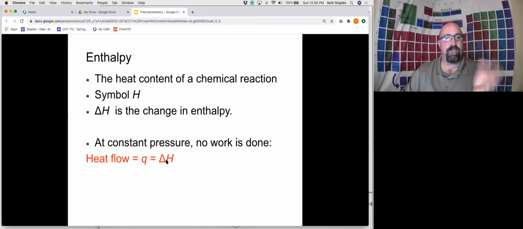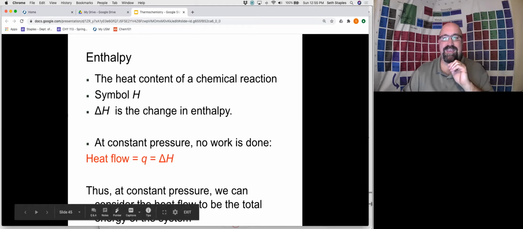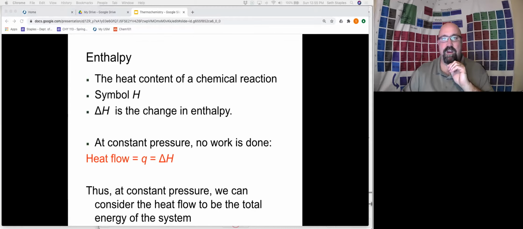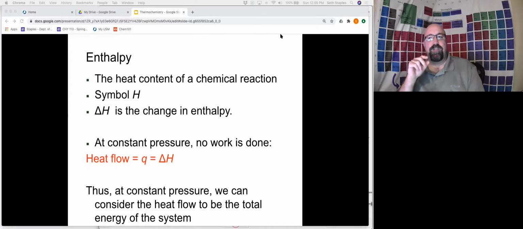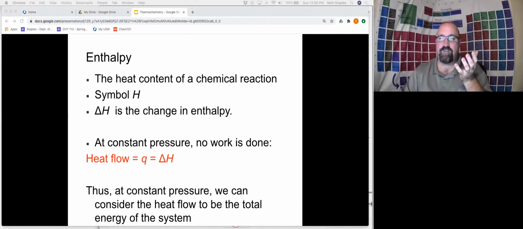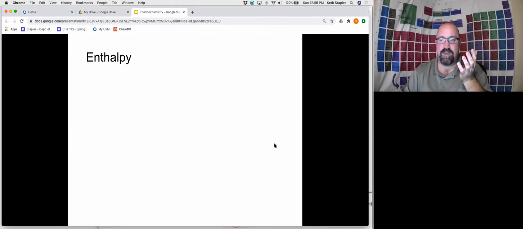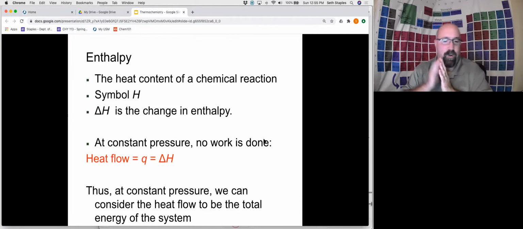Now it turns out that at constant pressure, no work is going to be done, which means that the heat flow, our Q, our delta H, can be considered at a constant pressure. This heat flow can be considered to be the total energy of the system. And so here's where we're going to tie it in. Ultimately, all that's going to mean for us is that when we are looking at energy of our chemical systems, we are assuming, for most everything that we do, constant pressure, which means that no work will be done, which means that all of the energy of the systems that we are going to be looking at can be attributed to enthalpy,